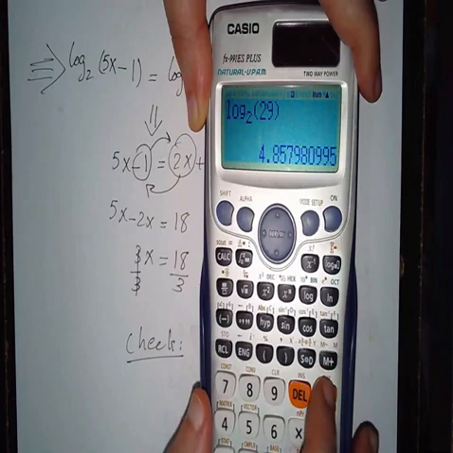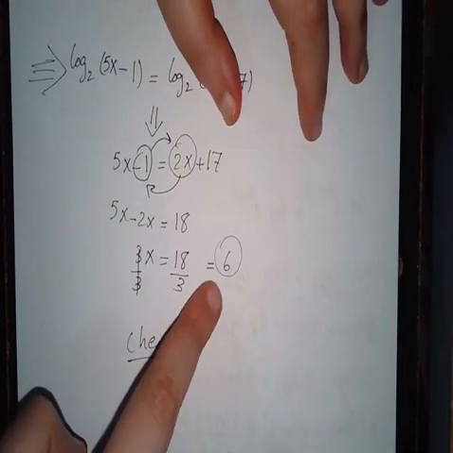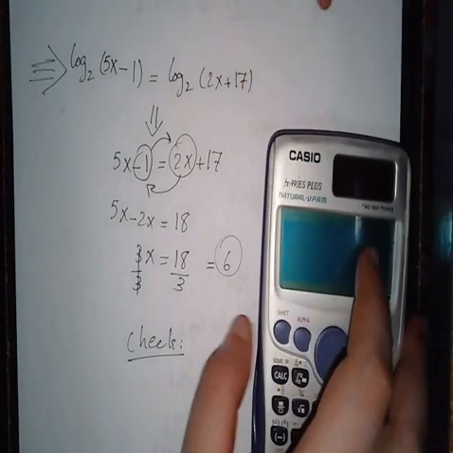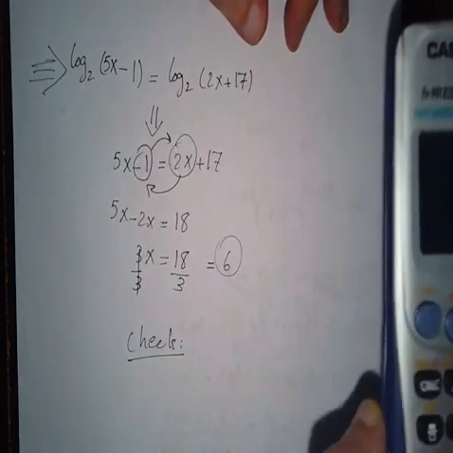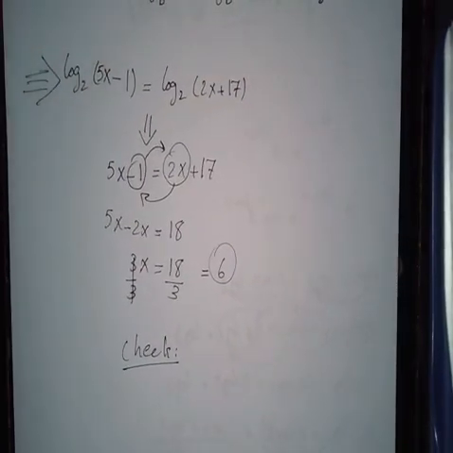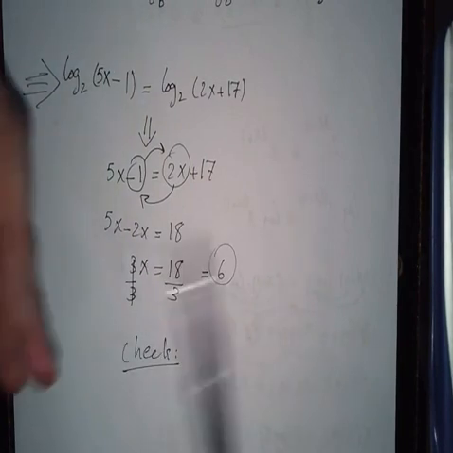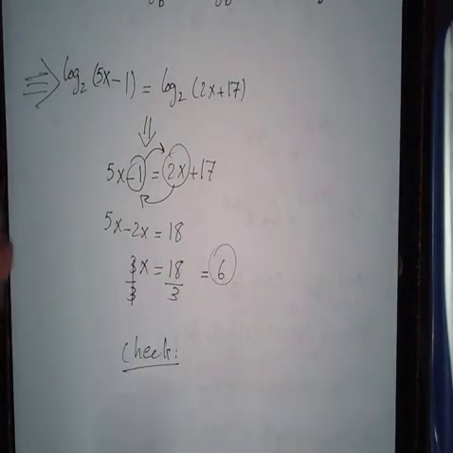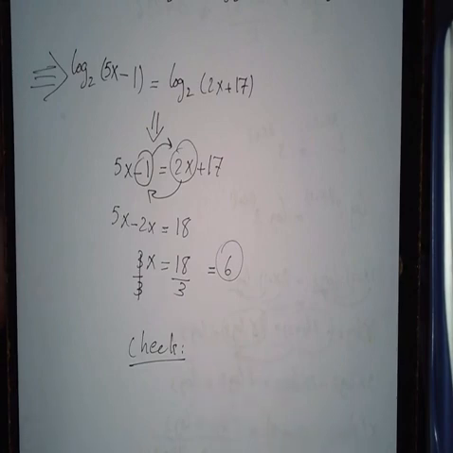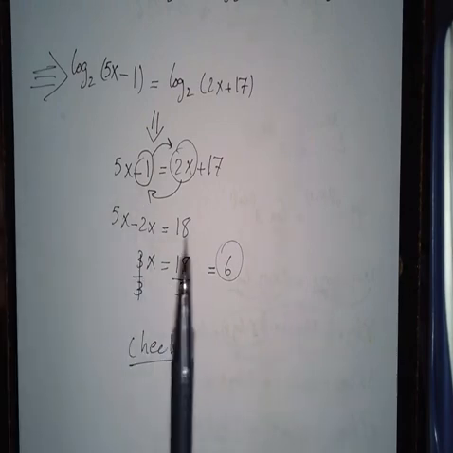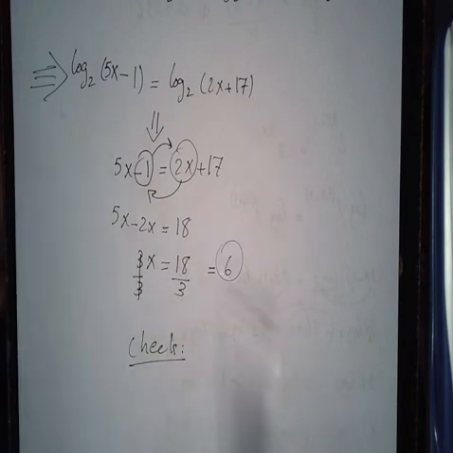Because as far as the answer is concerned, we already know they're going to be the same. We solved it. Make sense? And the reason you're doing this is because sometimes the log won't work out. If the log doesn't work out, that means the answer you found isn't a valid answer. Therefore, you would just scratch it out. If you had more than one answer, you'd lose the one that didn't work. But if you only had the one, that means the question has no solution. Make sense? So check